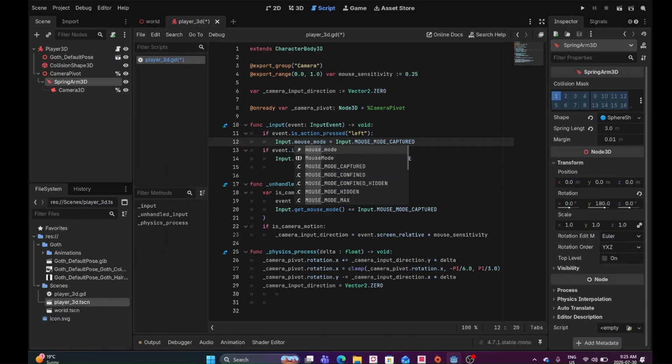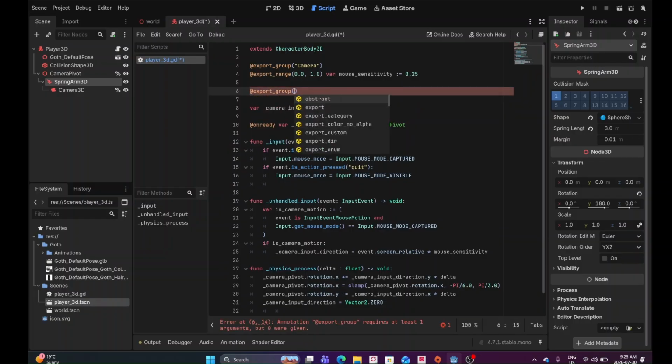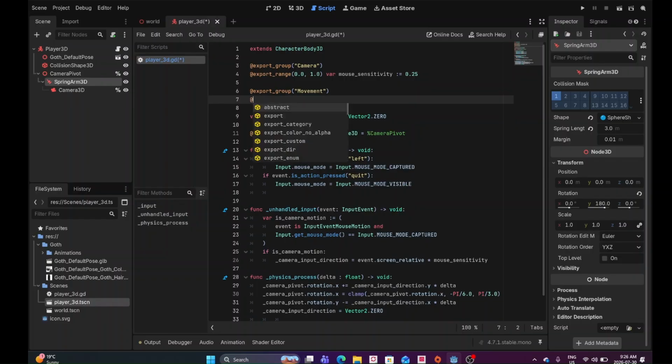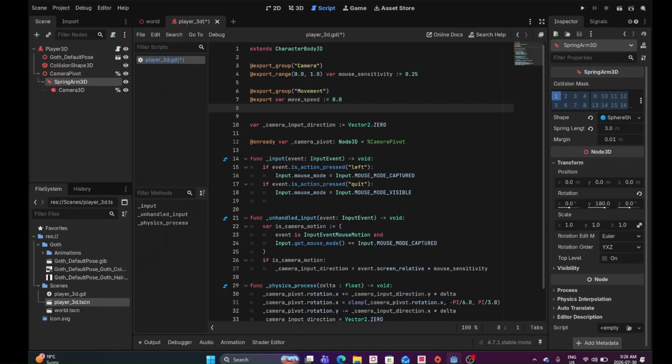If we go back to the top, export group movement, export variable move speed, export variable acceleration,